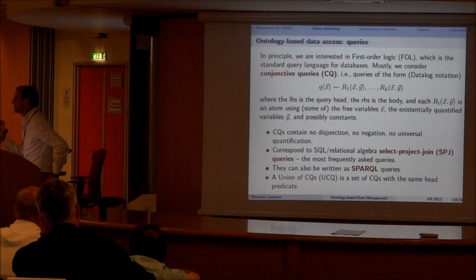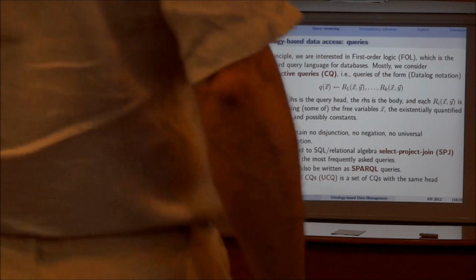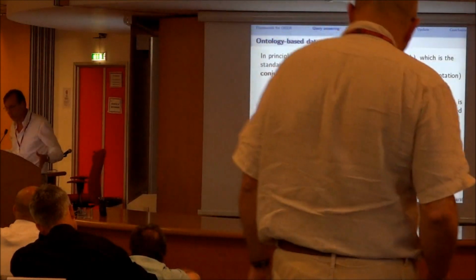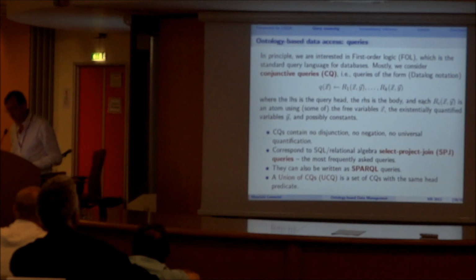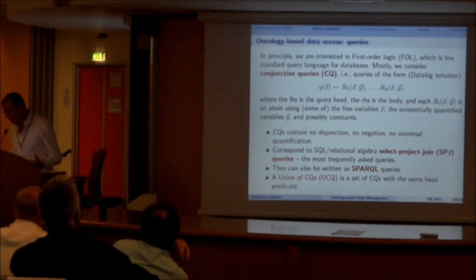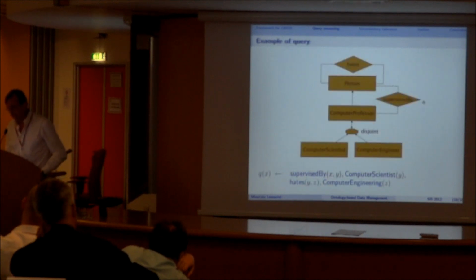But we will see that this is just a dream, and so we have to consider also subsets of this kind of query language. In fact, I'm going to use a lot of conjunctive queries, which is a restricted form, obviously, of first-order queries, and I'm going to write them in Datalog notation, which is essentially just a conjunction of atoms that corresponds to select, project, join in relational algebra. So it's actually a very important class of queries. And also I'm going to talk about unions of conjunctive queries.